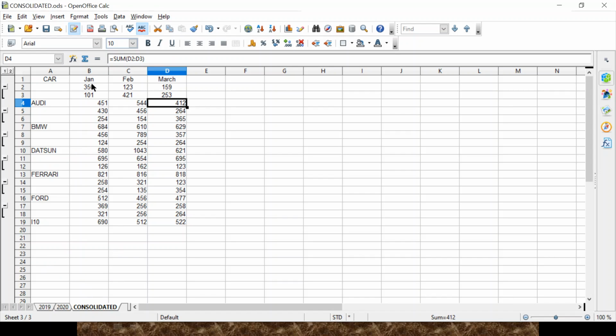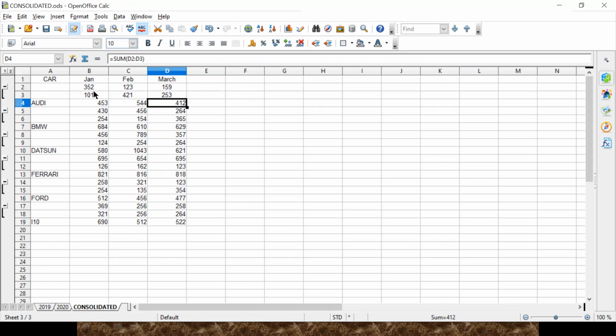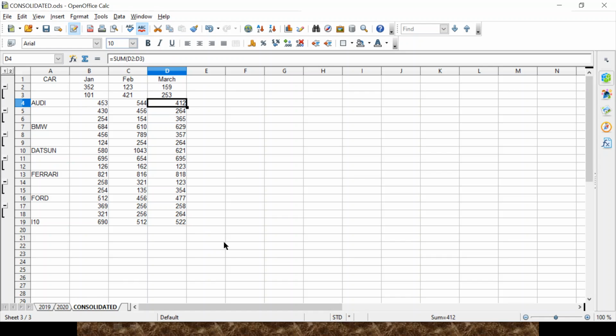Now due to the linking, what happens? Suppose ये 350 की जगह मैं यहाँ पर 352 कर दूँ. 352. Press enter and now go back to the consolidated. What we see? Automatically यहाँ 352 हो गया. Automatically the sum is changed. This is what I was saying, that no manual change is required in the consolidated data. आपकी reports में कोई corrections if required, any error is there, just make the correction only in your reports individually. In the consolidated one, that will be done automatically. Right, now let me undo it.